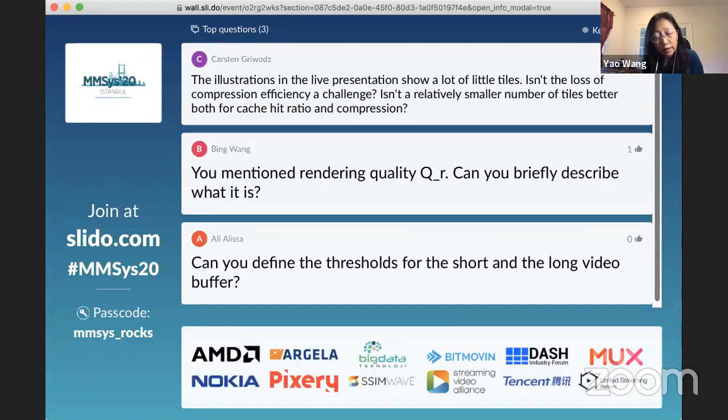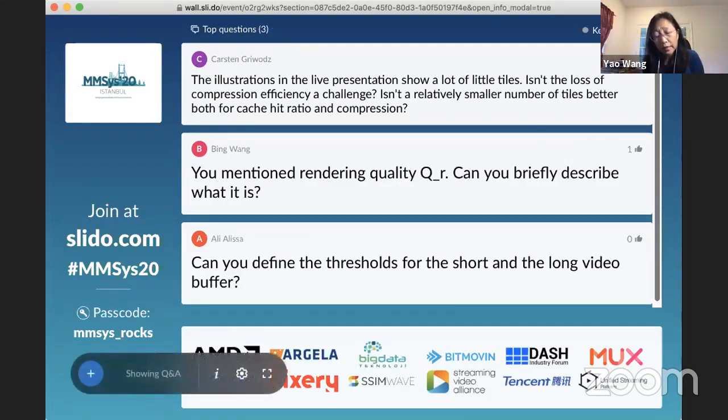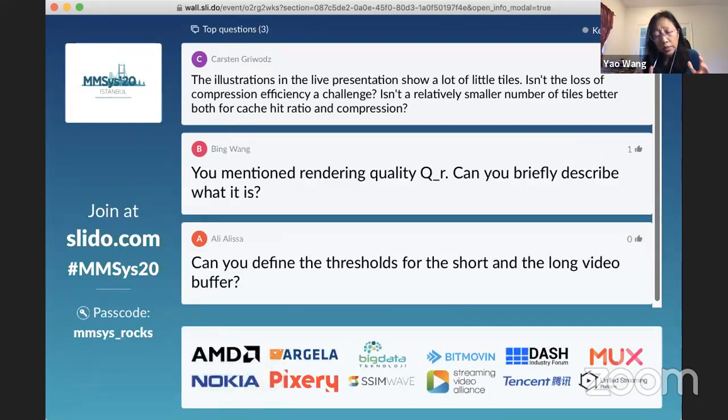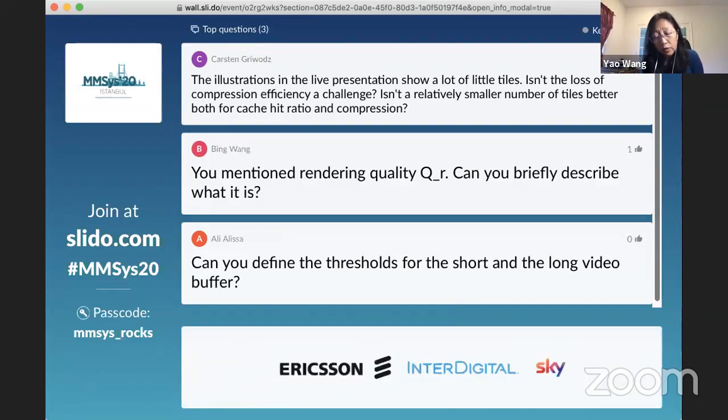We look at tile sizes of, say, 128, 256, 512, etc. Using smaller tiles will reduce the coding efficiency, while using larger tiles tends to waste more bandwidth